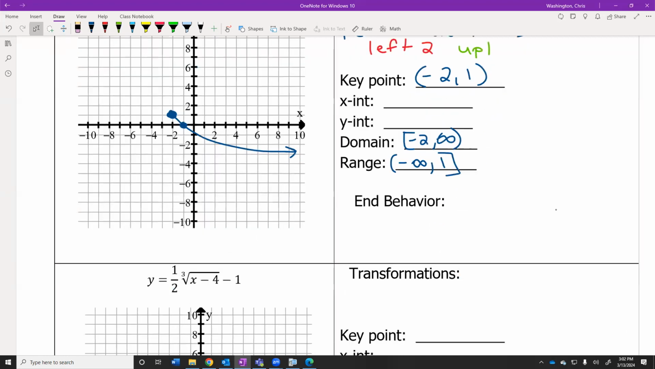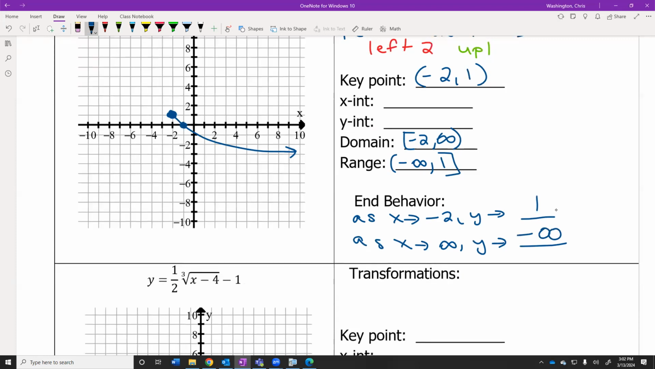I didn't know what other better word to use other than key point. Technically, vertex would be a good word, but it's technically not the vertex because it's not a parabola, and only parabolas have a vertex. So I used the word key point. All right, as x goes to -2, y goes somewhere. And as x goes to infinity, y goes somewhere. So as we get closer to -2, what is this y value getting closer to? +1. And as we go further and further to the right, our graph is getting closer and closer to